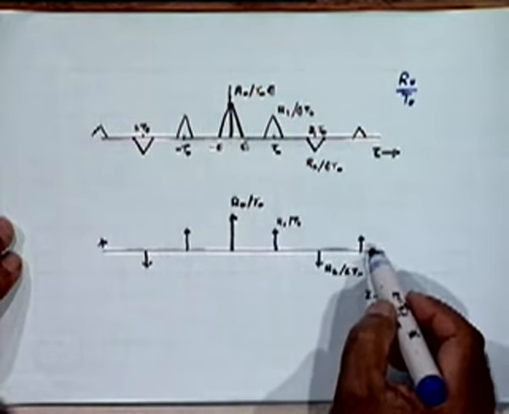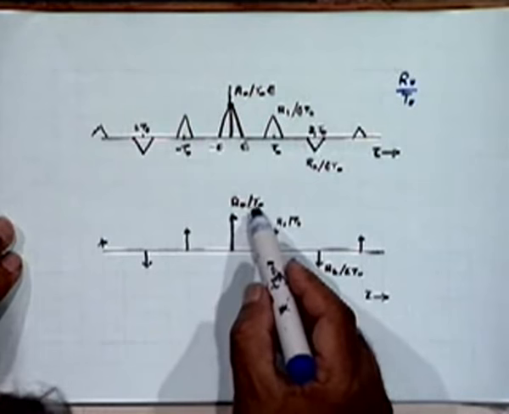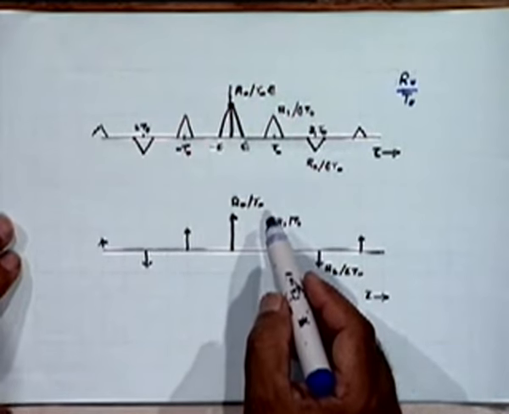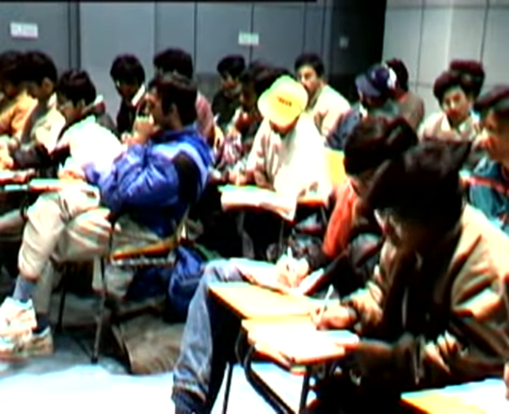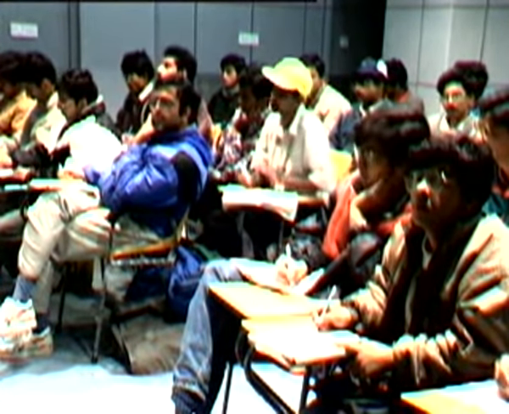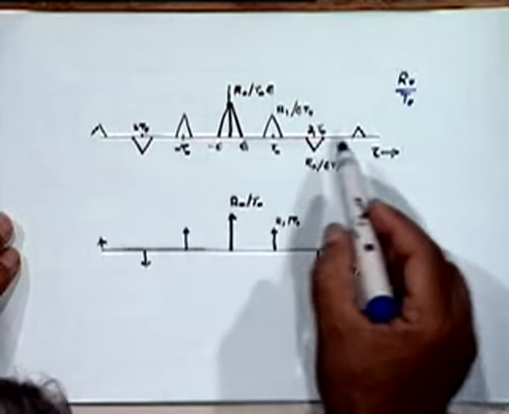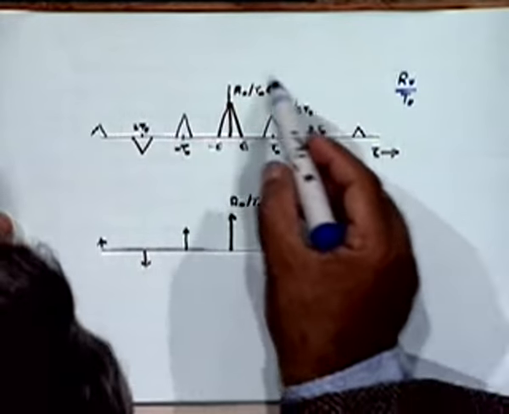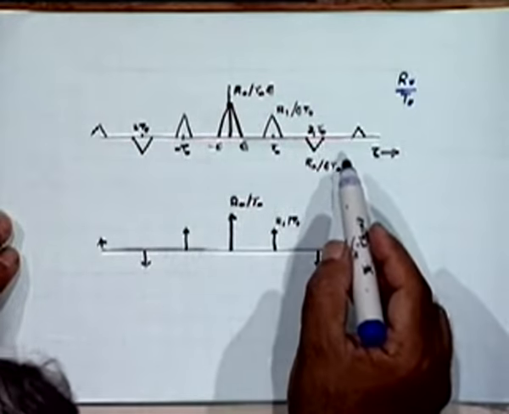each of these points. So the impulse strengths are R0 by T0, right? Shouldn't we decrease epsilon, keeping the condition epsilon into a_k equal to h_k constant? No, we are now talking about what will happen to this limit, what will be the limiting form of this triangular pulse train.